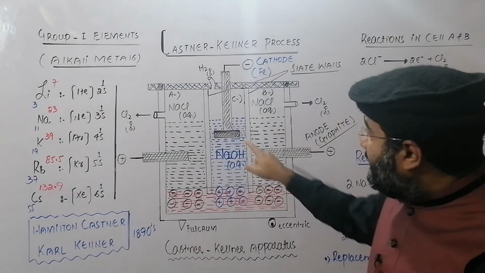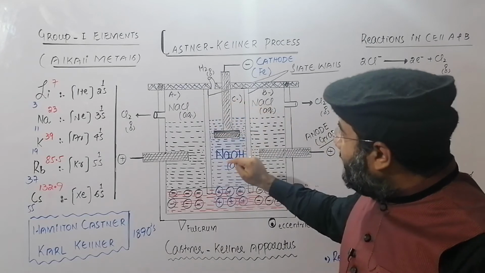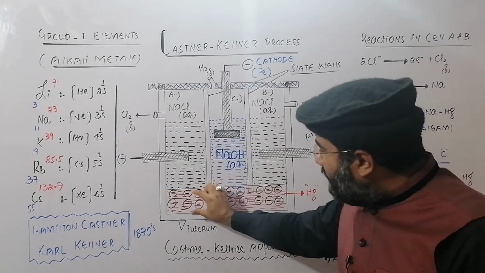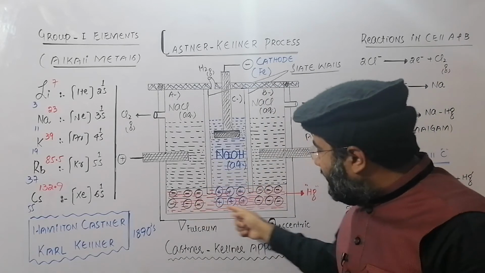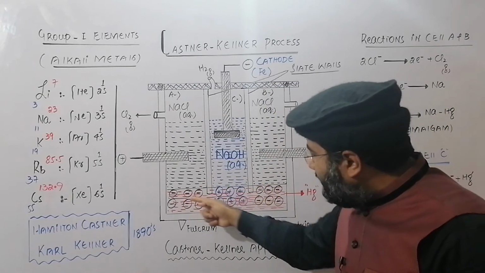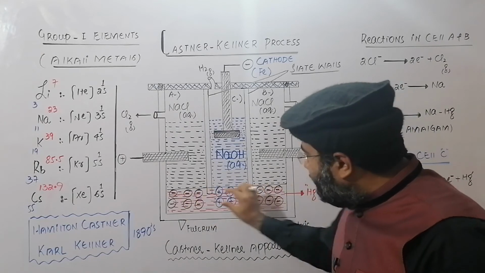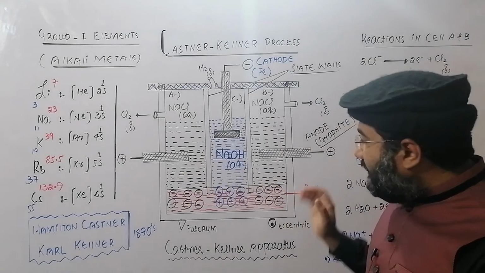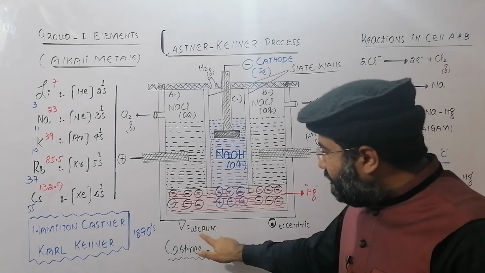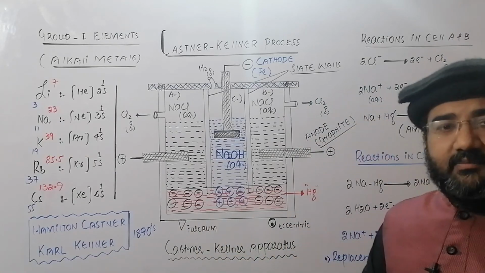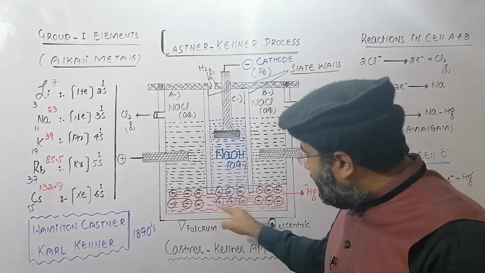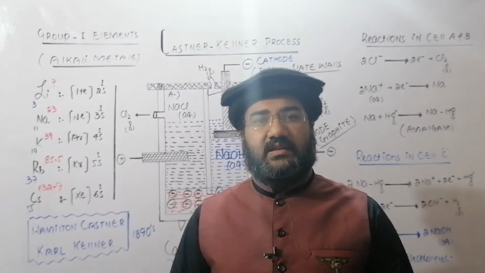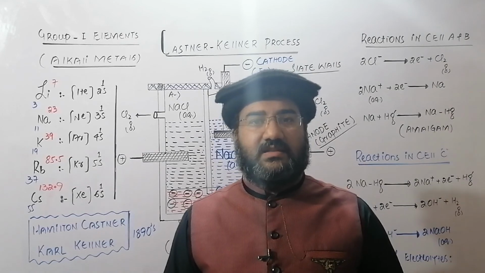And my dear students, the cells A, B and C are separated by slate walls, and these slate walls are immersed in the column of mercury in such a way that mercury can move from beneath these slate walls. So there is free movement of the mercury in this complete mercury column, and because of the rocking produced by this fulcrum and eccentric, the sodium amalgam produced here gets dissolved in the portion of the central cell. So this was all about the working of the Kastner-Kellner cell.